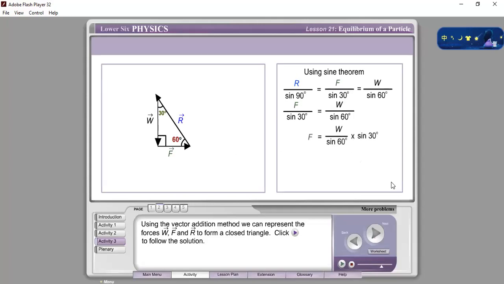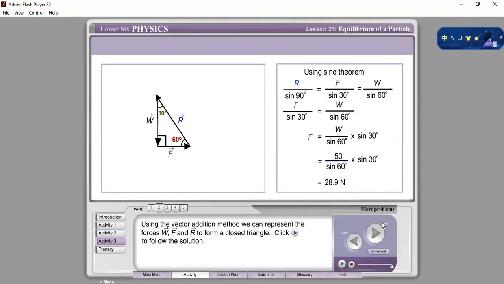Therefore, F equals W times sine 30 degree over sine 60 degree, which equals 50 times sine 30 degree over sine 60 degree, which equals 28.9 Newton. So if the system gives us W equal to 50 Newton, by substituting in, we get that F is equal to